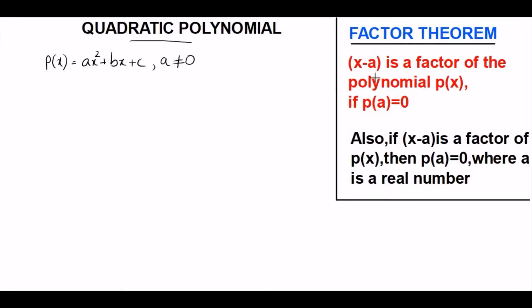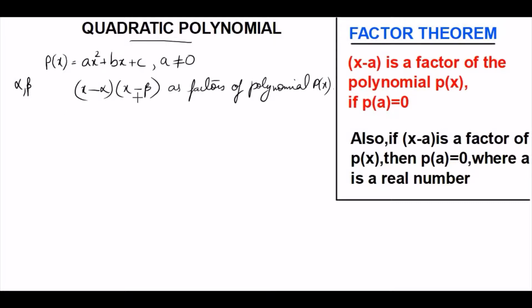Now you have learned in the factor theorem that x minus a is a factor of the polynomial p of x if p of a is equal to 0. p of a equal to 0 means a is the zero of that polynomial. So if a is the zero of the polynomial, you can write x minus a as the factor of that polynomial. Here, as it is a quadratic polynomial, it can have a maximum of 2 zeros. So let's take the zeros as alpha and beta. These are two Greek letters. As we have taken alpha and beta as the zeros of the polynomial, based on the factor theorem, you can write x minus alpha and x minus beta as the factors of polynomial p of x.